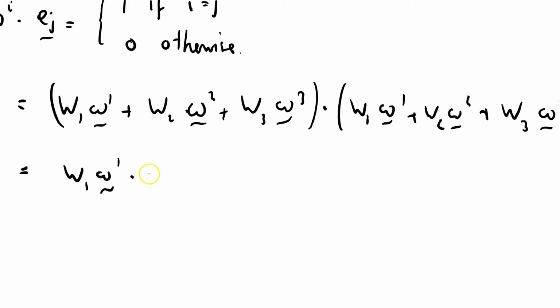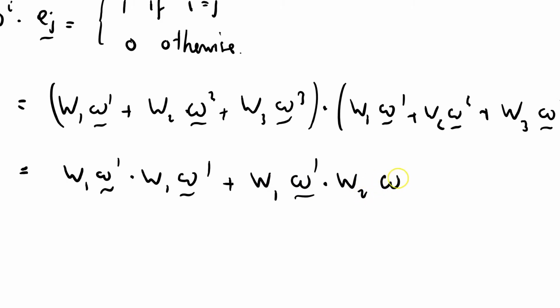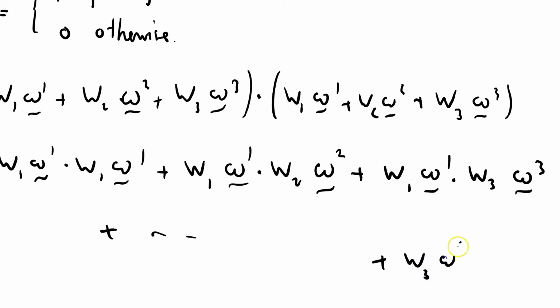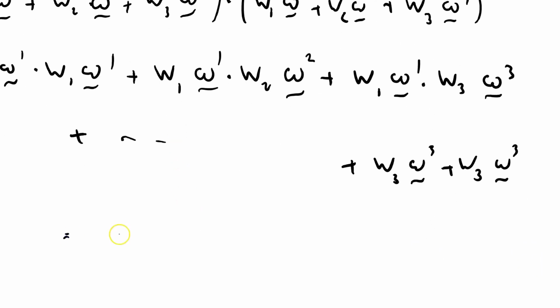I'm just going to expand it: w1 omega 1 dot w1 omega 1 plus w1 omega 1 dot w2 omega 2 plus all the other terms, w1 omega 1 dot w3 omega 3, all the way down to w3 omega 3 dot w3 omega 3. So that's equal to